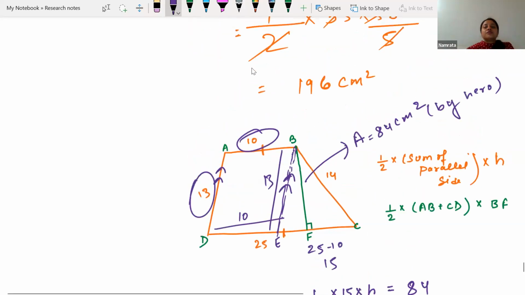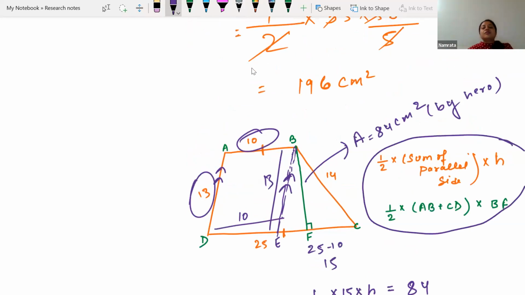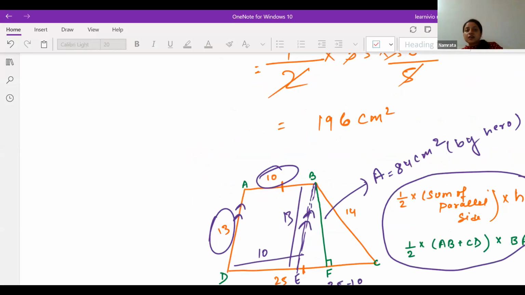And that BF, now we have gone to the original thing, that is the area of the trapezium, and we have substituted each and every value. And that's how we got the area of the trapezium. So is it clear to everyone? Is it clear? Yes, ma'am. So this is